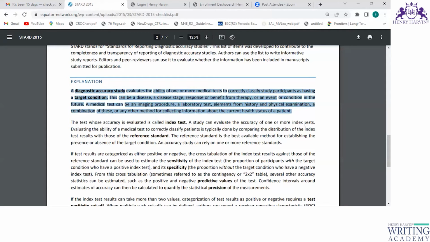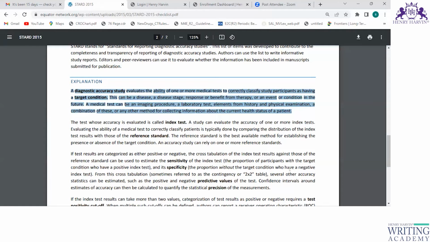And what is the medical test? The medical test can be an imaging procedure, a laboratory test, any element from history and physical examination, or any combination of these. This is what is done in a diagnostic accuracy study. Now the test whose accuracy is being evaluated, meaning the diagnostic test which is under study, is known as the index test, and the standard in comparison to which the accuracy of that index test is being tested